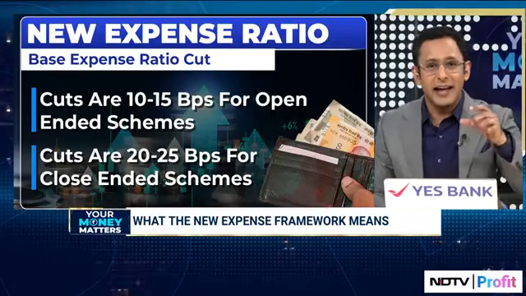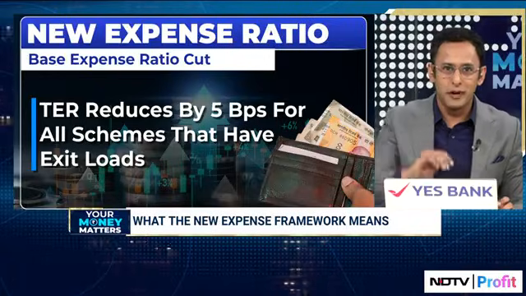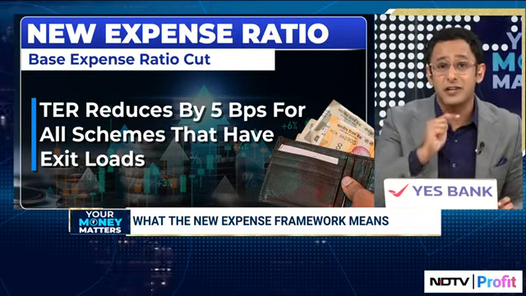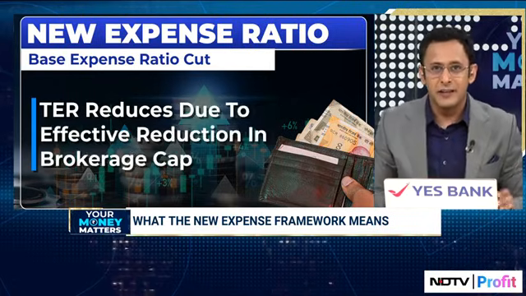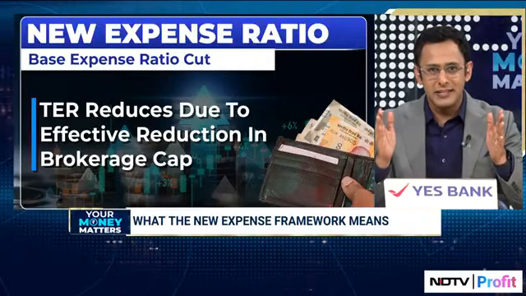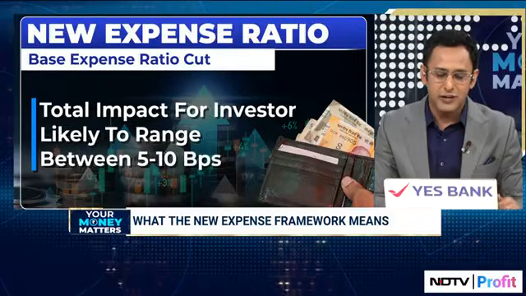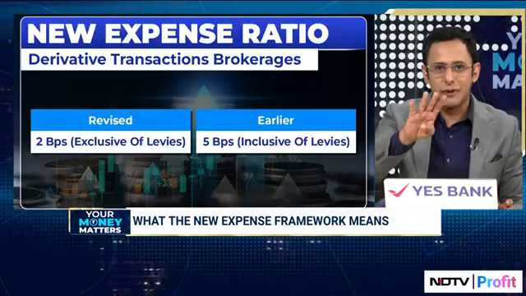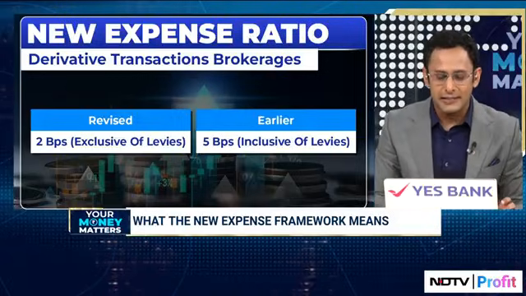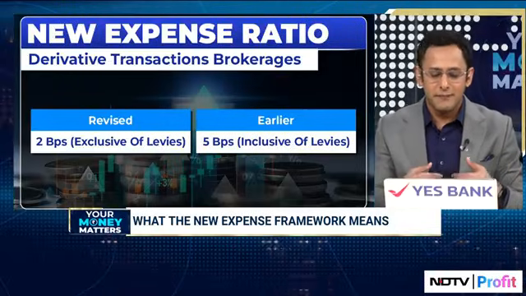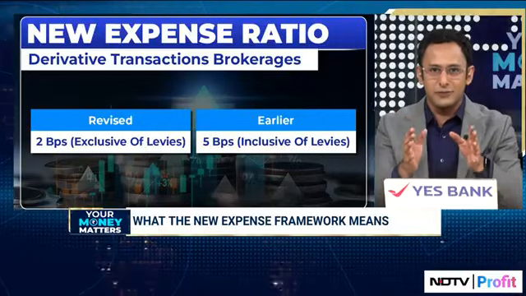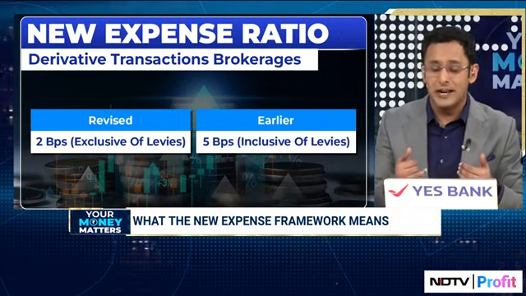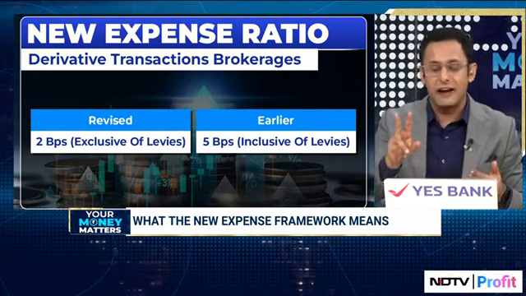So that has happened. And the brokerage that I mentioned, that is part of those 4 components, SEBI has reduced the cap that is allowed for these mutual fund schemes so they can charge less to you, the investor. It used to be 12 basis points with levies. It has now become 6 basis points for cash transactions without levies. And so if you account for the levies, effectively the difference is about 4 basis points, 4.3 to be exact. Now, what is the result of this? You have a situation where the cuts for the base ratio are between 10 and 15 basis points for open-ended schemes, and for closed-ended schemes, between 20 and 25 basis points.